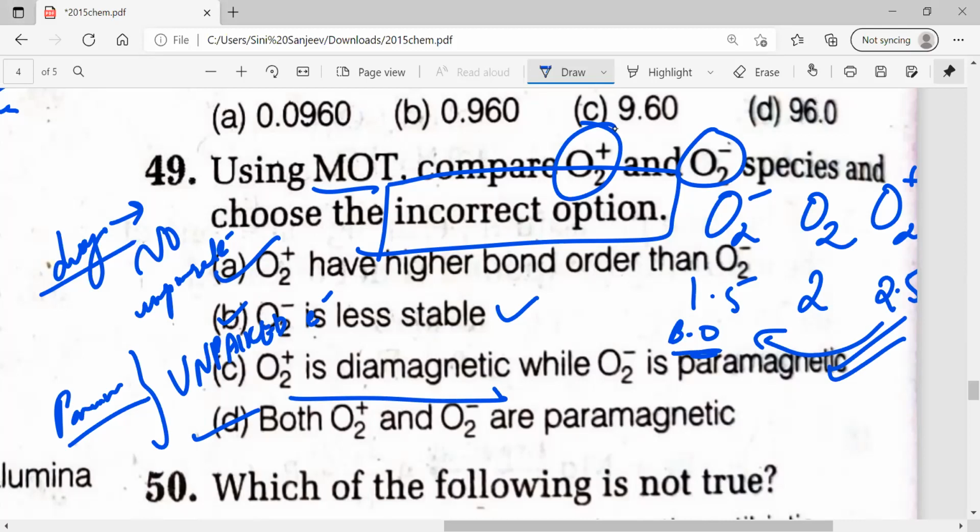We need not see it, but obviously there is a sigma and pi configuration in MOT. If you go through that, it will benefit you. There are some rules and everything. If you can just go through that, it will benefit you. It's there in the inside of the textbook.